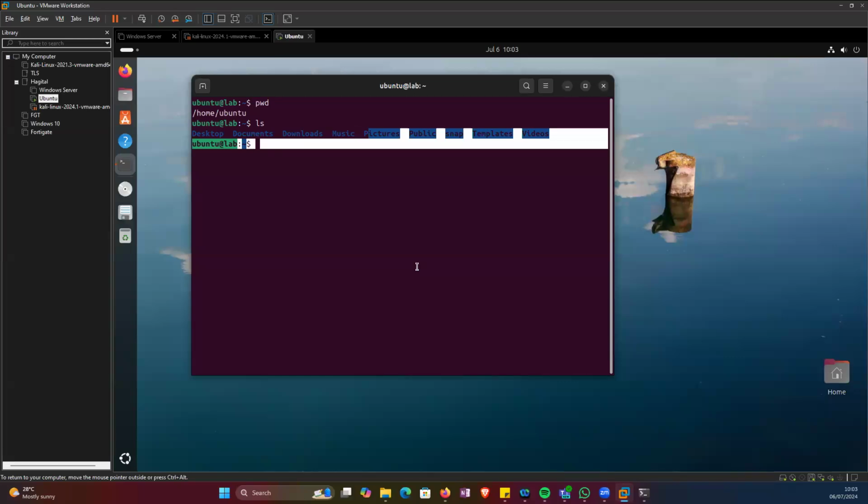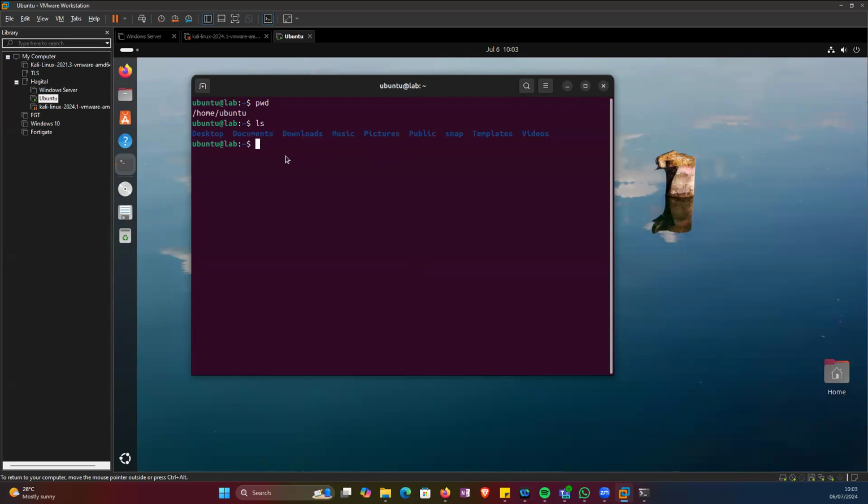Okay. So now, how do I move to either of these folders? To move to either of these folders, we are going to type cd, which means change directory. So I want to change directory to either of these folders. Let's say I want to change directory to documents. The same way it's typed here, I'm going to type it, documents,